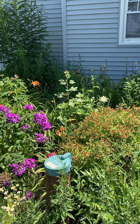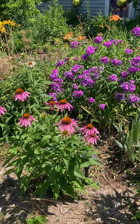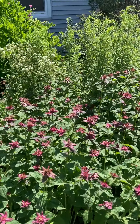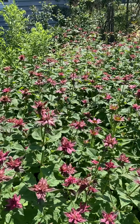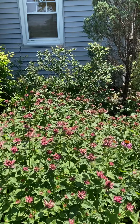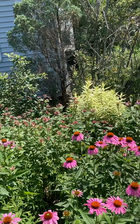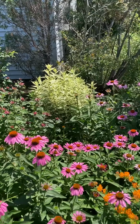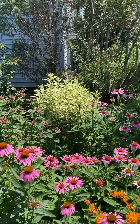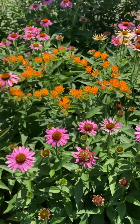Hollyhocks have self-sown in. But as you can see, the coneflowers are trying to decide where they want to grow. I've got another nice big patch of beebalm that the caterpillars ate on me. The lilac in the back was beautiful this year. That's actually one called George Eastman. The phlox, one of the variegated phloxes, I don't remember the cultivar name, but it's actually done pretty well out here. And then I've got some butterfly weed,